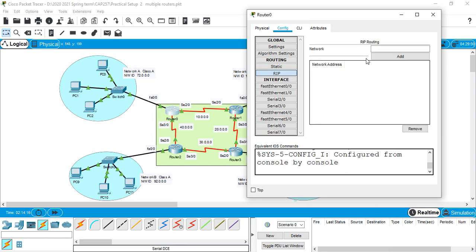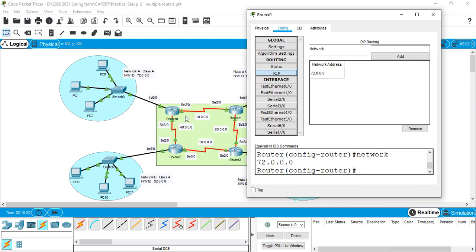Now in this you have to add all the networks which are connected to router 0. The first network which is connected to this router is 72.0.0.0, and click on add.